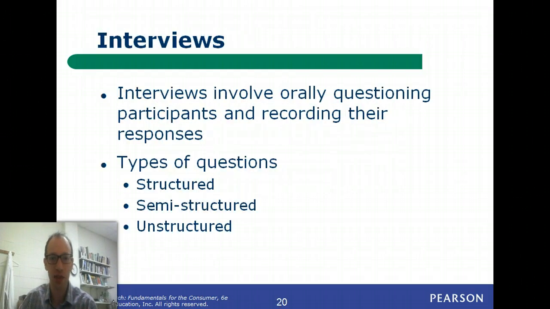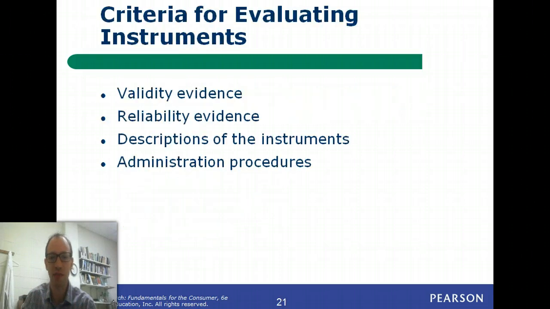And finally, interviews. Structured means you plan out the questions exactly beforehand. Semi, you plan some questions, but you're also willing to follow the data. Unstructured, you're just winging it basically, just because you want to see what the person has to say. And some criteria that we want to look for in any type of instruments: validity, reliability, we talked about that in chapter 5. You want a good description of the instrument in the study and how it was